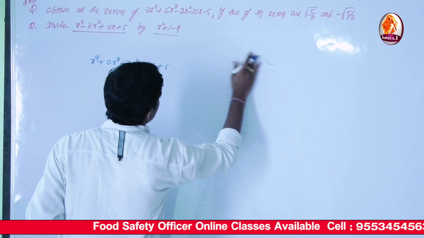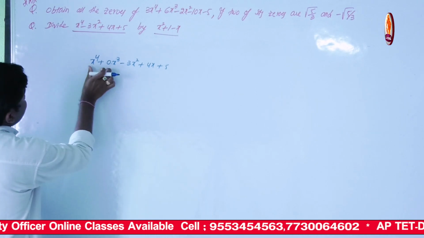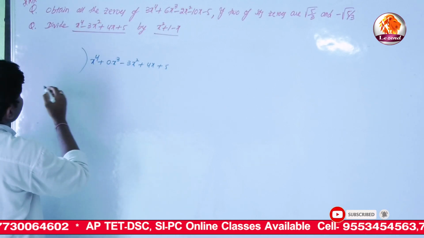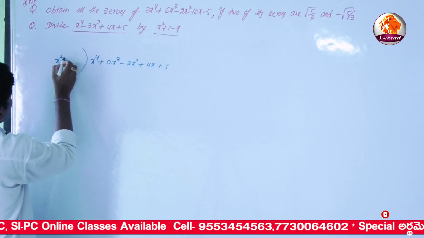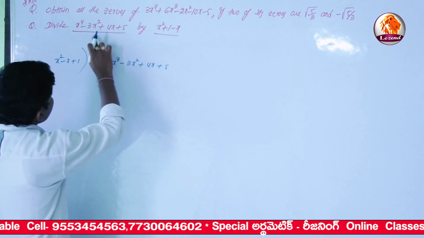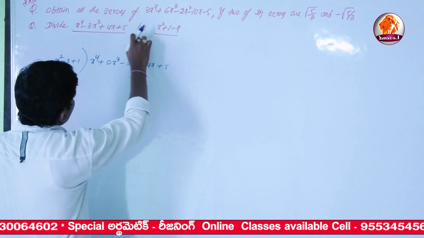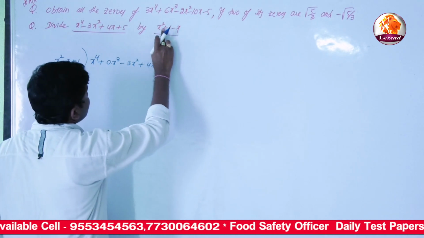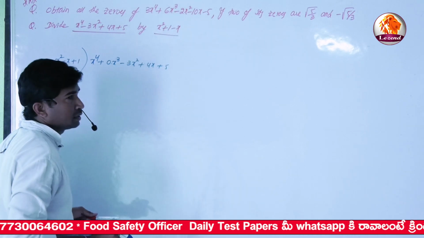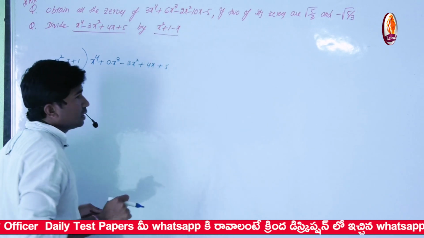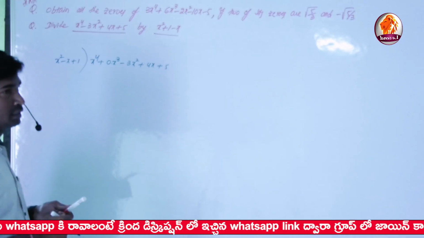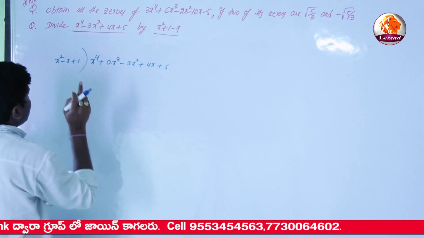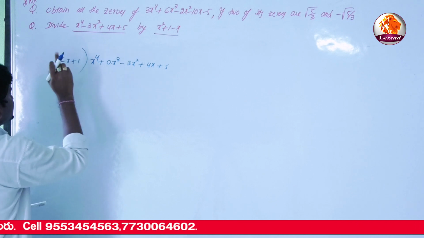Now this is the dividend by divisor. Now this is the divisor part: x square minus x plus 1. Actually, they gave a biquadratic polynomial by a quadratic polynomial, but it is not in standard form. The terms should be corrected, so in the form x square minus x plus 1. Now the highest power is 2, then power 1, and the last term is a constant.